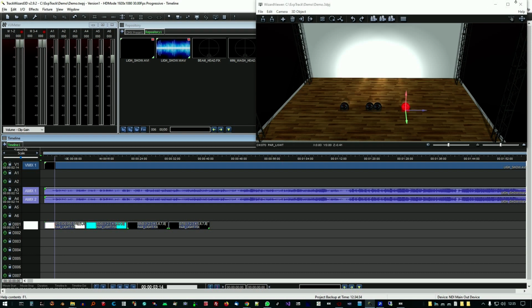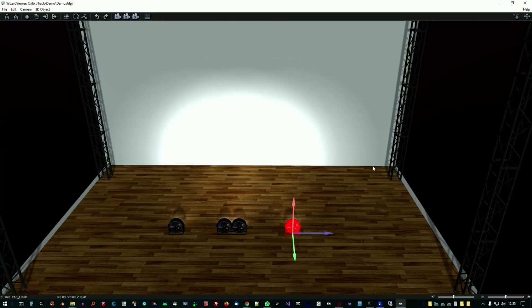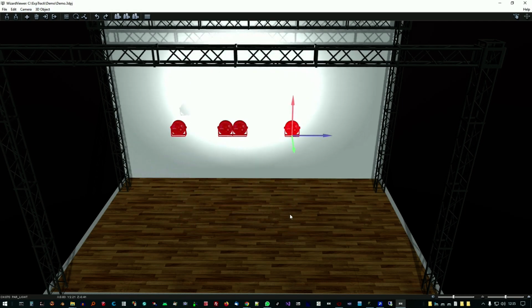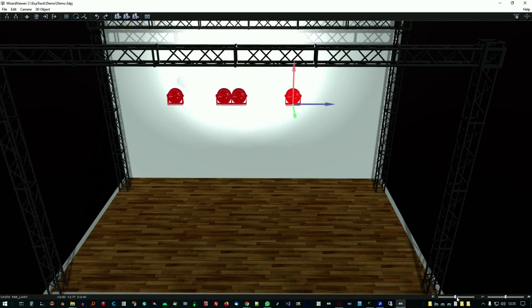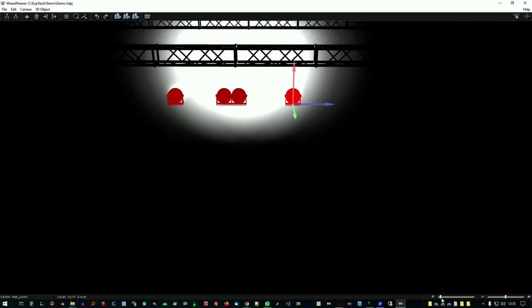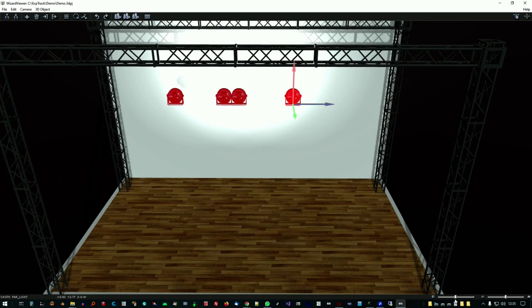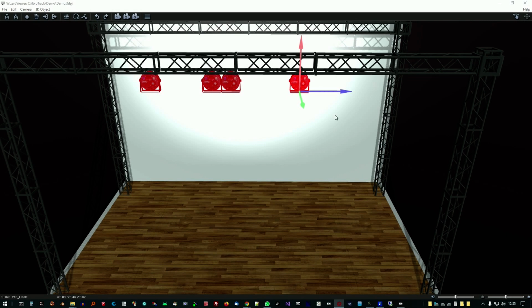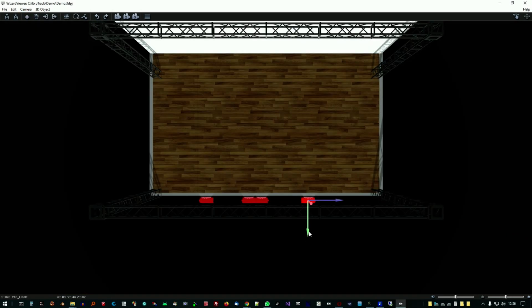Let's move the newly inserted headlights to the truss. While editing the scene, we can use ambient diffuse lighting to see the objects and move them around. The ambient service light can be adjusted and deactivated using the controls in the lower part of the program. It is possible to set and recall specific 3D views using the cameras.